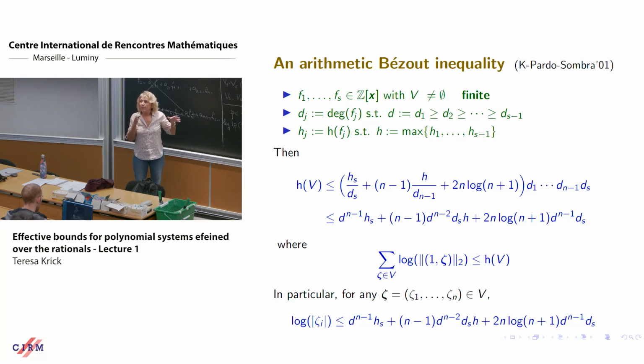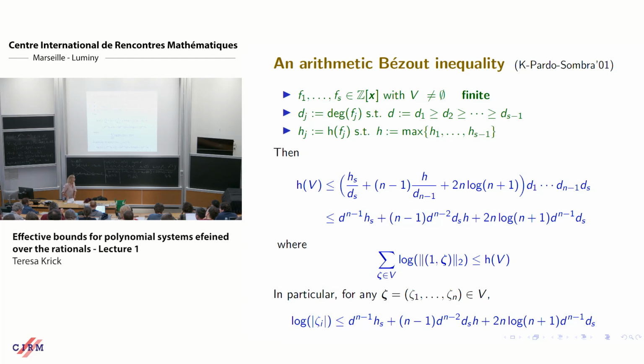This only makes sense when my variety is defined over the rationals, integers. This won't make sense if we define a variety over the complex numbers, because we can get as close to 0 as we want. And for the separations of the roots, what we have to do is duplicate this ideal.